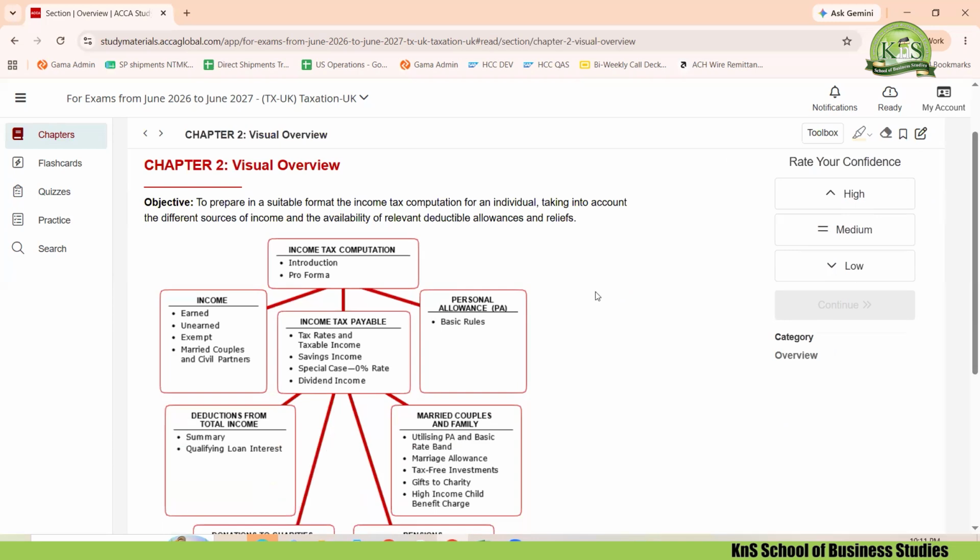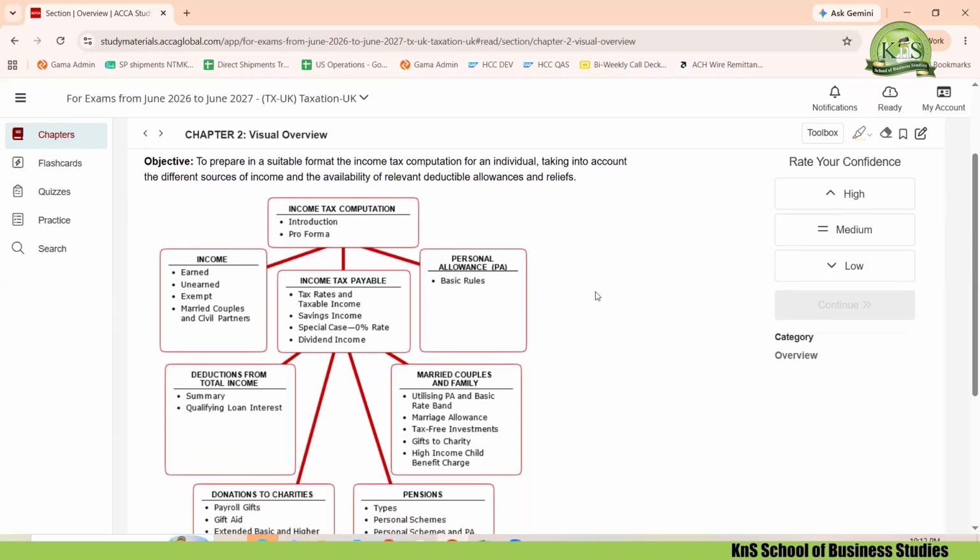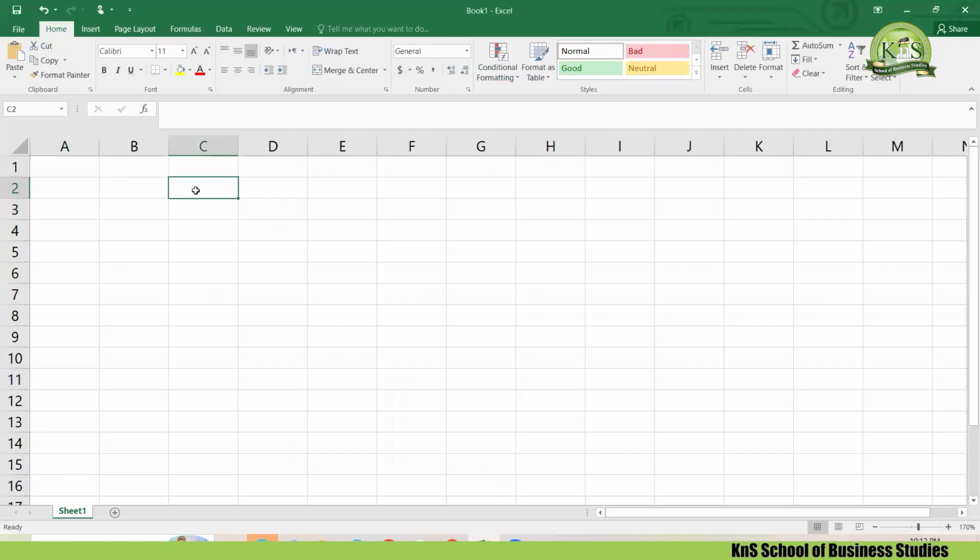Now just pay attention over here. In ACCA taxation, if you want to ace your exam, the number one tip is that you need to be very good with the computations. There is a difference between calculation and computation. In ACCA, if you read what the examiner expects, most of the time you will come across the word computations, not calculations. If I give you an example of a calculation, let's say 2 plus 2 equals 4. I am doing a calculation and my answer is 4.